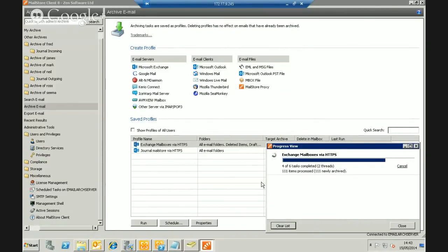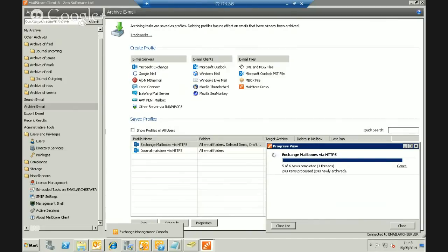It is preserving the folder structure as well of these mailboxes. So once it's done, it might take a little time just to pull in a few hundred messages. We should be able to see under the archive those messages that have been added. Okay, while it's doing that, I'm just aware that we haven't got an awful lot of time. I'll just mention the